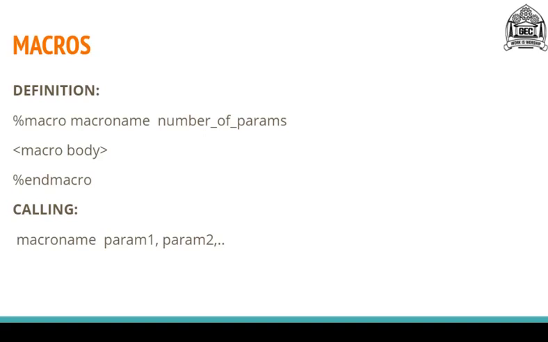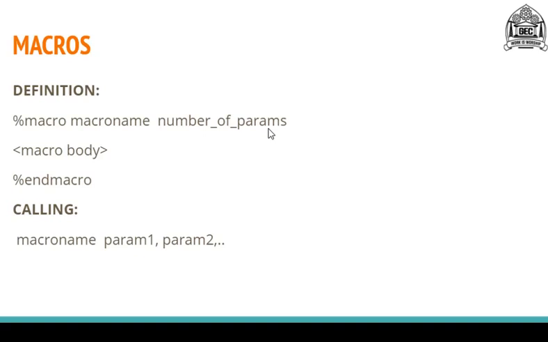So let's go to the syntax of defining macros in assembly language programming. As you can see on the screen, students, this is how you define macros in your assembly language. It is given with the entry point which is a percent sign and a mnemonic which is macro. It gives the entry point for your macro. After that we give the name for that macro, which is user defined, as given by the developer. And then we need to specify the number of parameters that we are going to use in this particular logic or function.